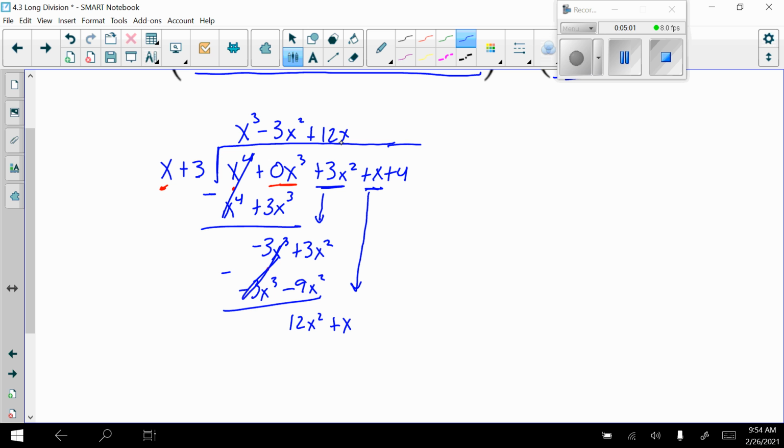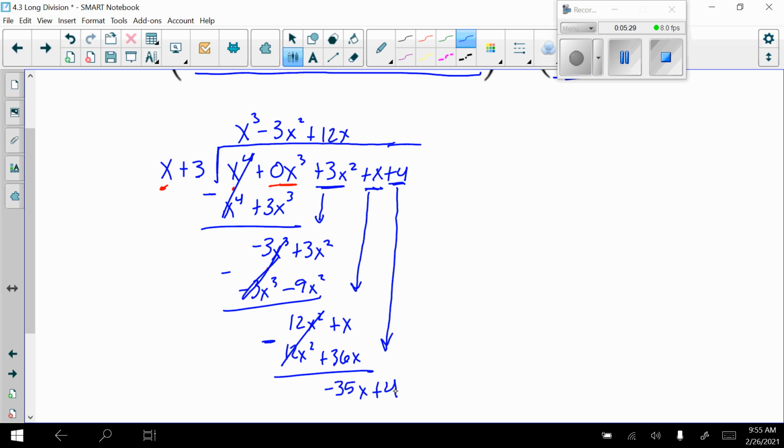So I'm going to go ahead and multiply that. 12x times x, 12x squared. And 12x times 3 is plus 36x. Repeat the process, we'll subtract. So we're just going to keep doing this until we run out of terms, okay? So 12x squared minus 12x squared cancels. And x minus 36x is negative 35x. And then I'll bring down the final term,